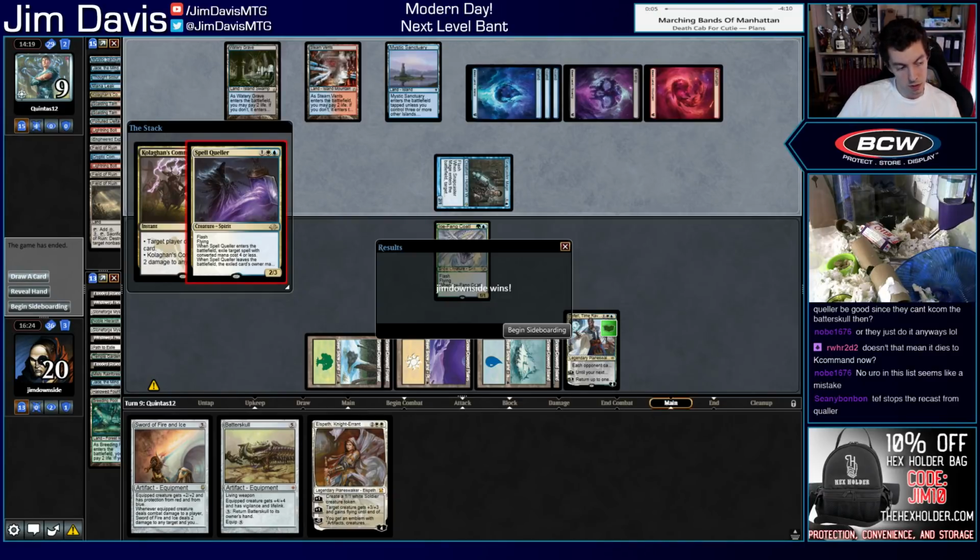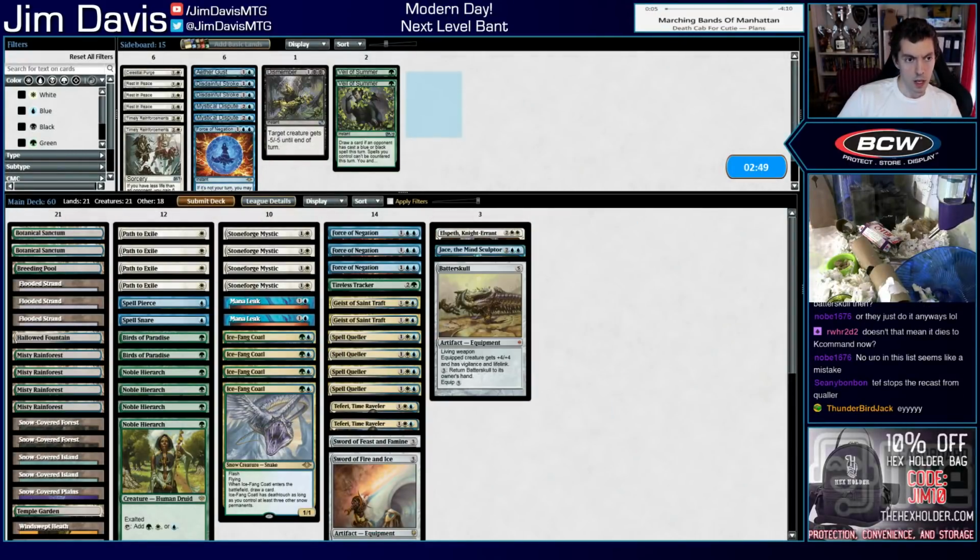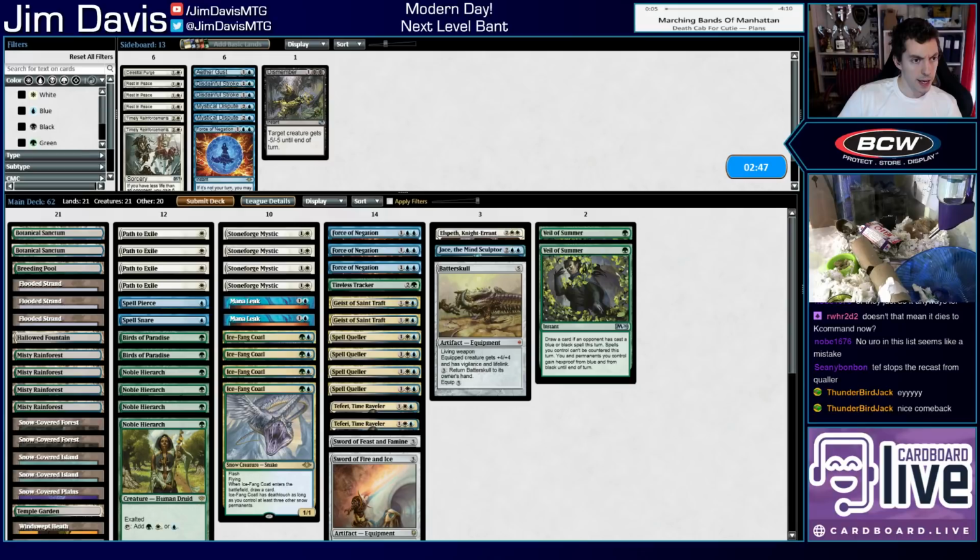Game. All right, so sloppy game there. We got to tighten up. Sloppy game. Definitely some sloppy mistakes in that game. But let's bring in Veil of Summer. And let's bring in...